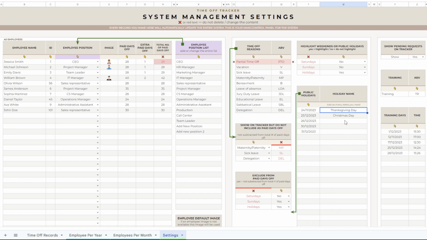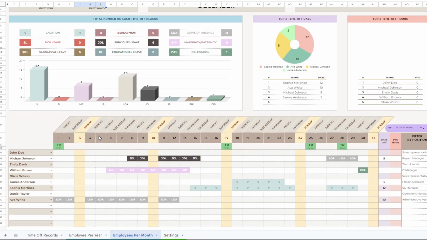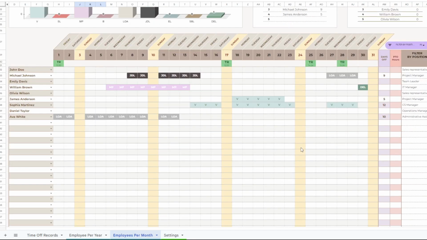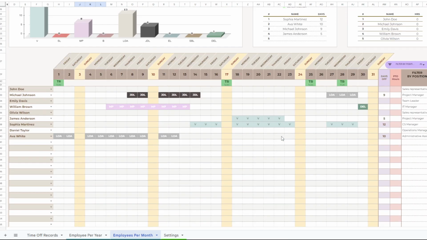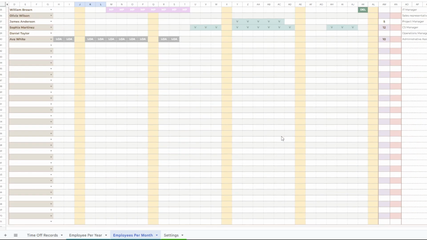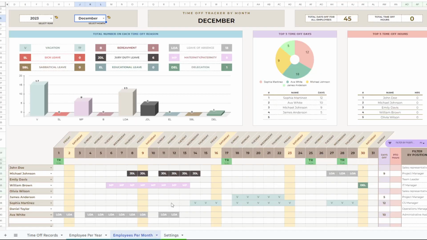Going forward with the scenario, let's presume we don't want to highlight holidays. We select no, but we want to highlight only Sundays, all the Sundays, and select yes for Sundays. Going back into the calendar, we see that only Sundays are highlighted, and it's very easy to notice from top to bottom where the Sundays are. Let's presume I don't want Sundays, I want only Saturdays. Let's choose Sundays no, Saturdays yes, and going back we see now that only Saturdays are highlighted,